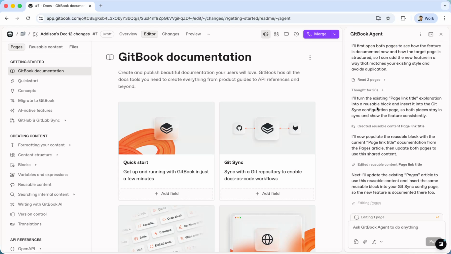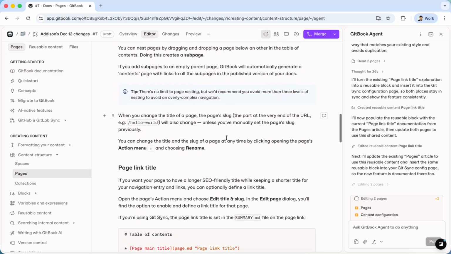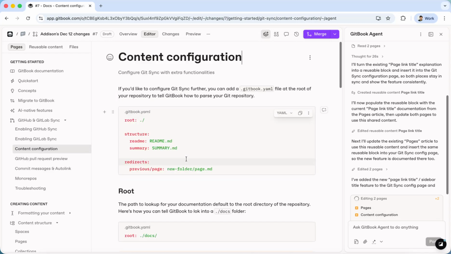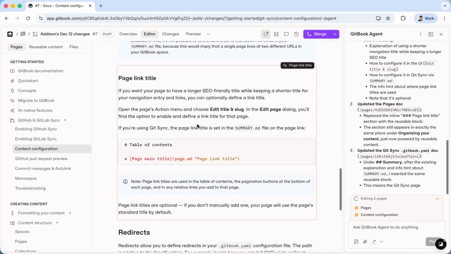And we can see a little bit more about what it is doing, some of the context and the thoughts that it has on how it's going to structure this documentation. You'll also be able to see what pages it's editing. So as you can see, it is editing the pages that we asked for. Essentially what it's doing is creating a reusable block inside of the page's content of the one that we had created before. So with page link title, we now see it's reusable content. And if we head to content configuration, we should see that if we scroll down,